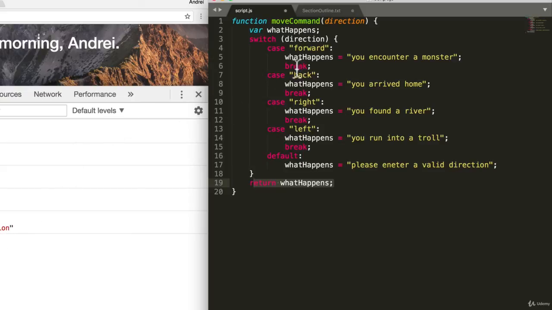Now finally, what is the break? Well, the break simply says if case is forward, then assign you encountered a monster to the whatHappens variable, and then break. Break is just saying break out of the switch statement. So instead of the program then checking to see if case is back, case is right, case is left, or default, if we say break, the program stops here and then goes straight out of the switch statement to return